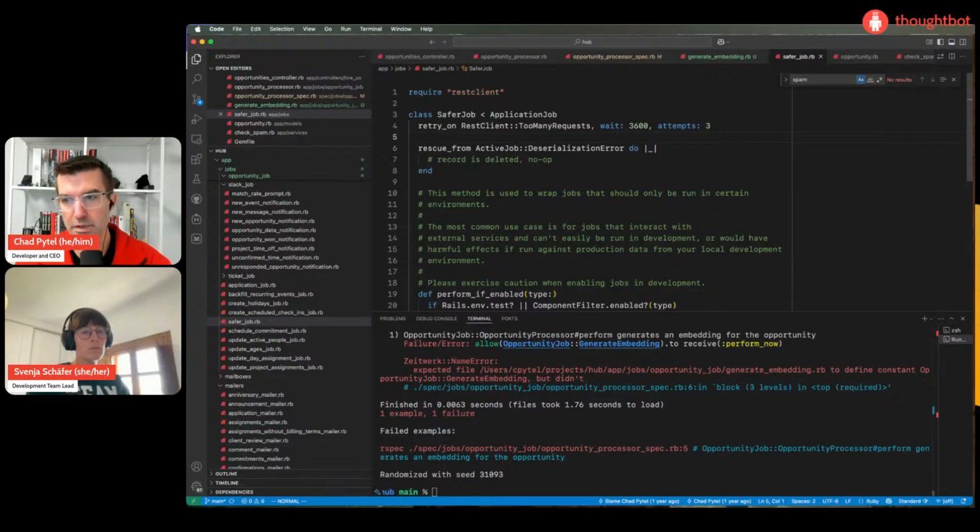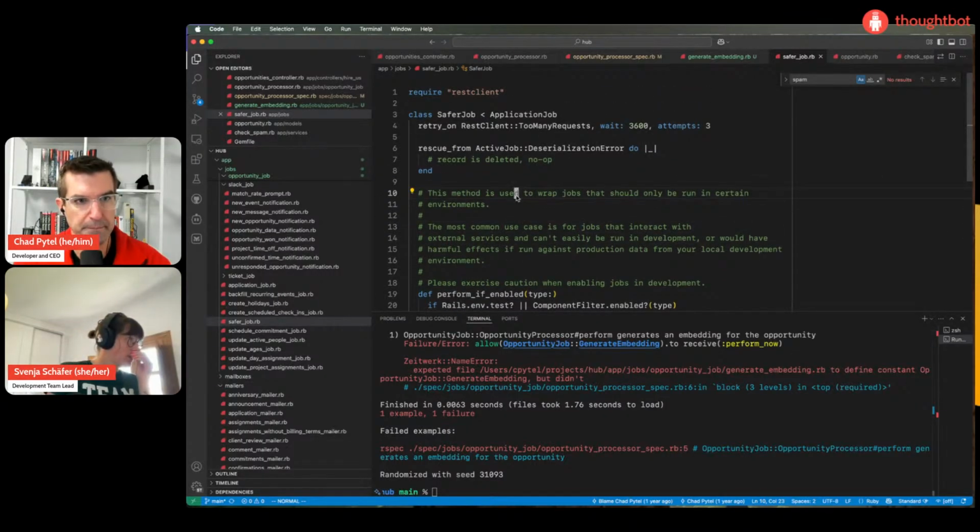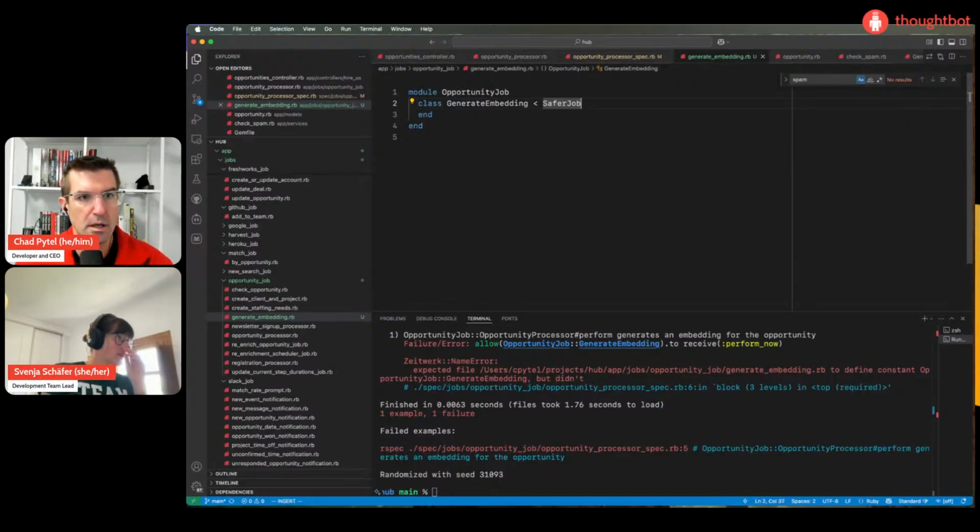That will normally result in an exception, and the job will just keep on running over and over again until it exhausts itself for the number of retries. But if instead you rescue from that deserialization error, it won't attempt to run it again. That's really nice. Yeah. I know what I'm going to implement now.